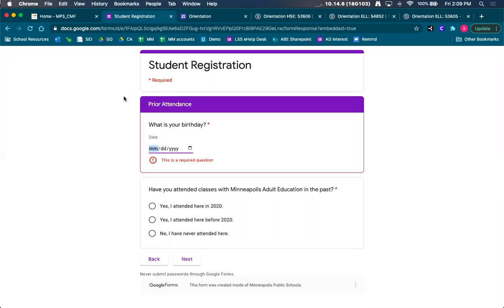And then along a similar vein, if somebody says they need help setting up a Gmail account, which for our program is required if they're going to use a Chromebook, and some of our Schoology capabilities hinge on having a Gmail account, we will also send an email to the orientation teachers like myself and let them know the student says that they don't have a Gmail account and they need help setting one up. It is a pretty complicated process, so it's nice being able to catch those students before they get into orientation, to prevent needing to take a lot of time for just that one-on-one with a student,